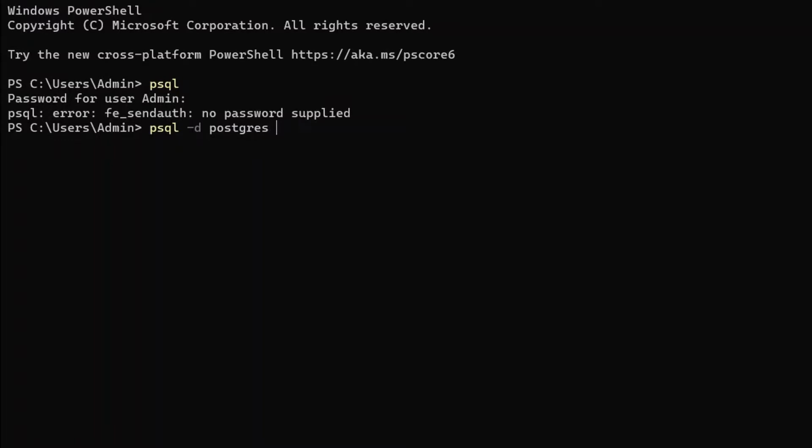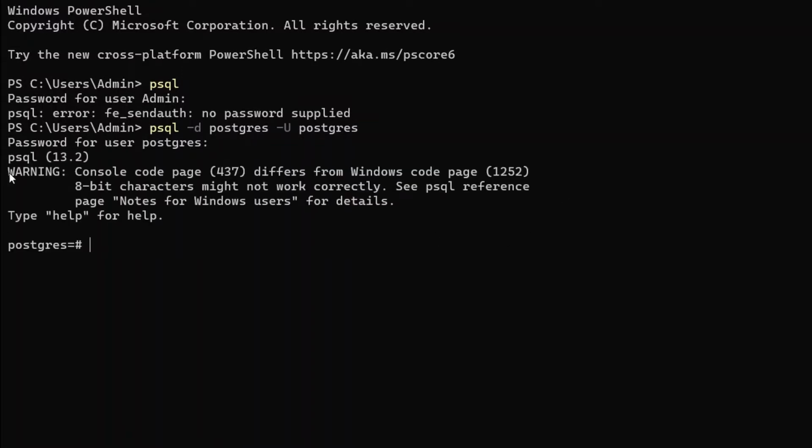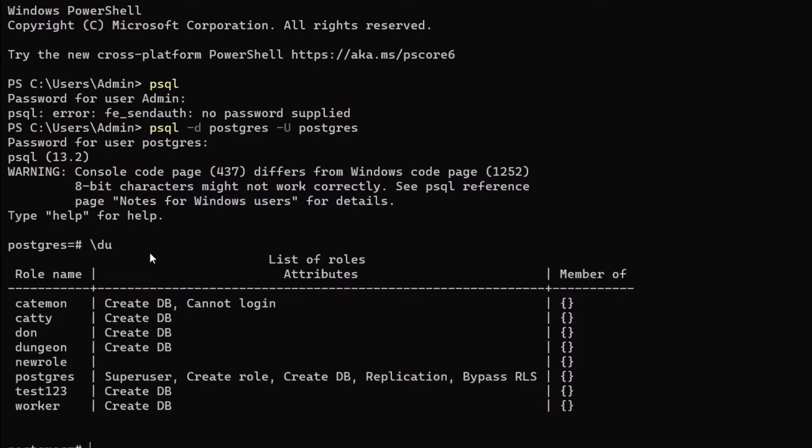And after providing a default database, you shall be writing a new username, and by default Postgres creates a new user known as postgres, and the following user has the master password that you have provided. So here I shall be simply writing my master password, press enter, and if everything went right, you shall be simply entering the terminal of Postgres, just like this, and you can write \du for getting all of the users available under your entire system.